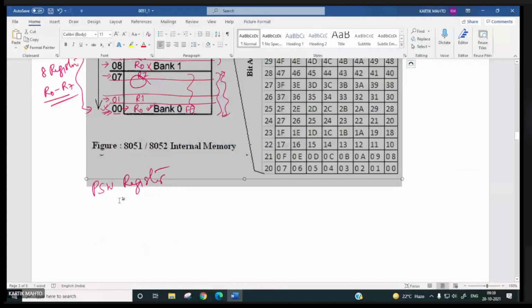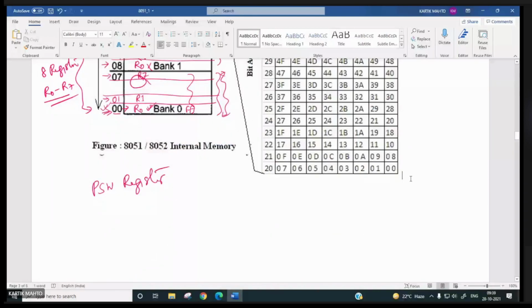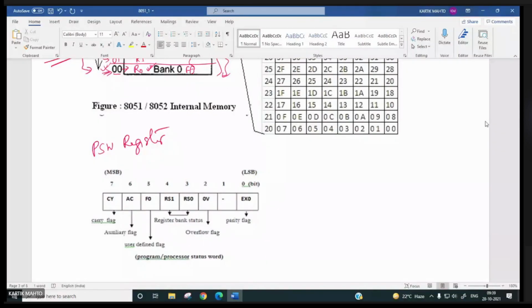Here you can see we have to set these 2 bits in the PSW register. For selecting register bank 0, you put 00 over here. For selecting register bank 1, you put 01. For selecting register bank 2, you put 10. And if you put 11 over here, then register bank 3 will be selected.